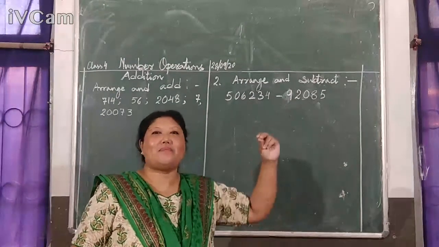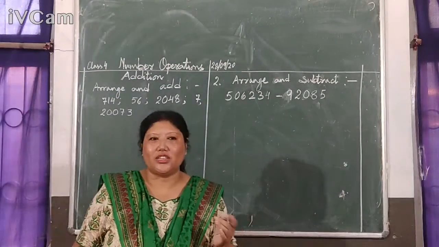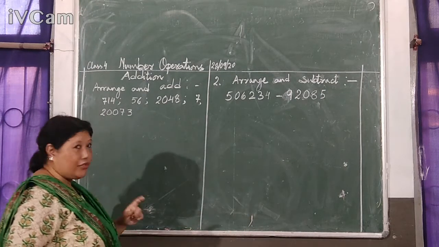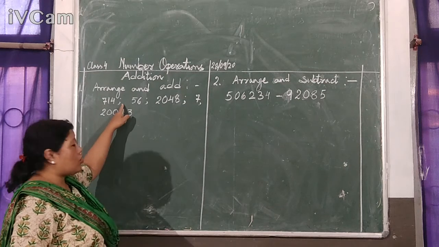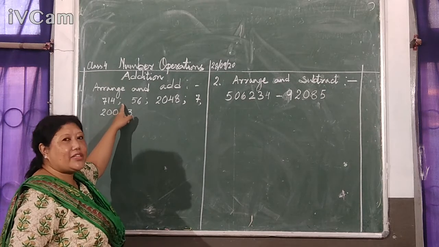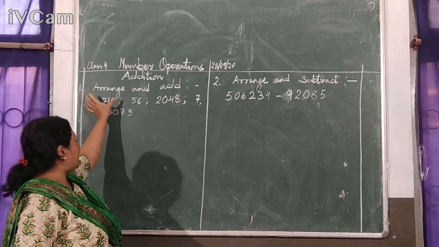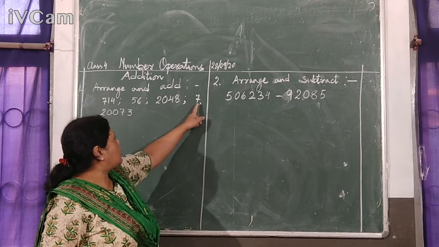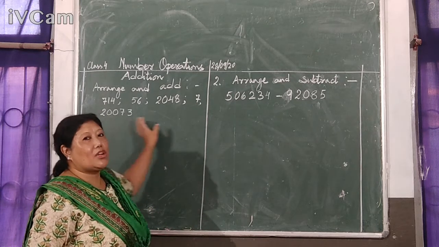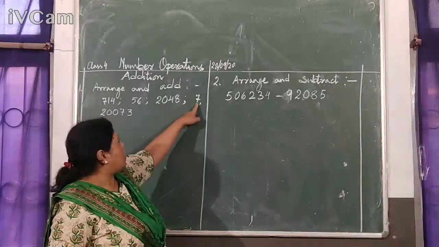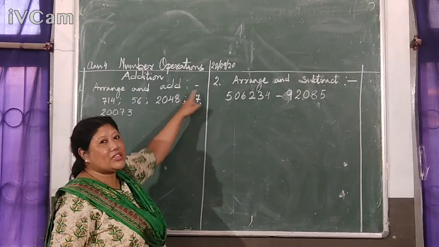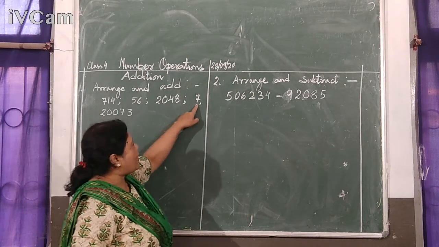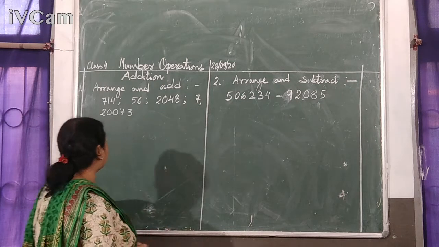In class 3, you had been writing ones, tens, hundreds, thousands, but no need. Now, you should be able to arrange it. Okay. So, first number, this is a semicolon. Even if there is no semicolon, you should be able to understand this is the first number, this is the second number, and third, fourth, fifth. Because I think some students are mixing this single digit with other digits, okay? So this is a one digit number, remember that, one digit number.